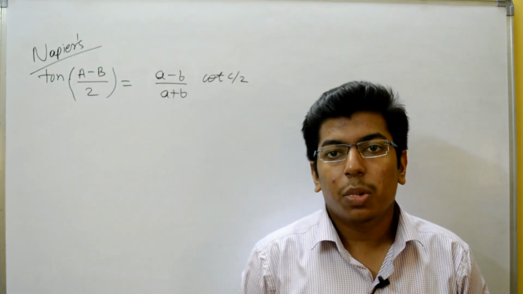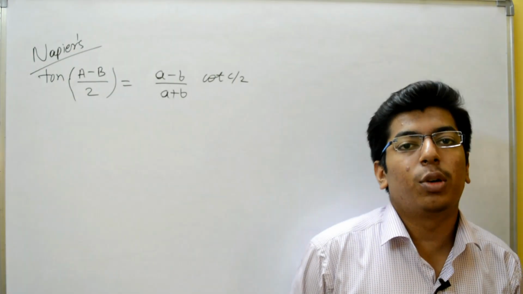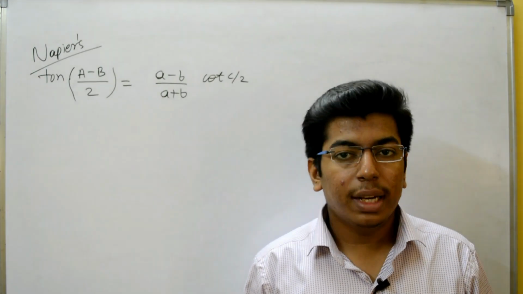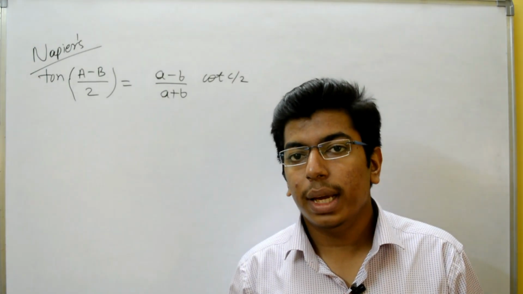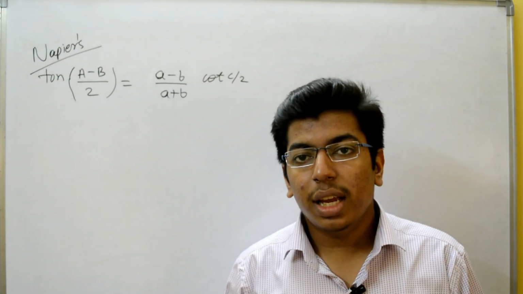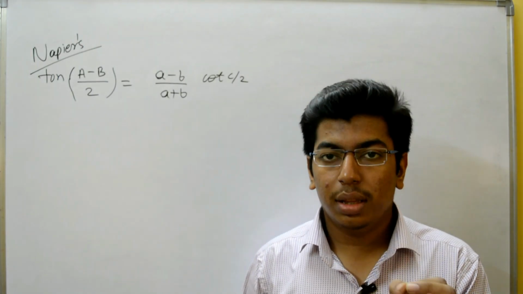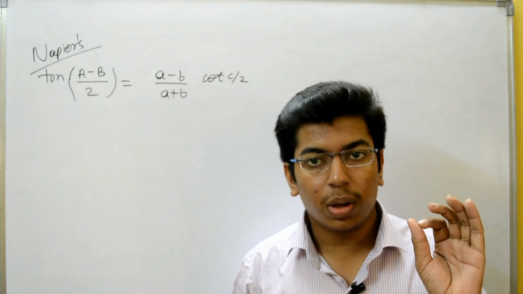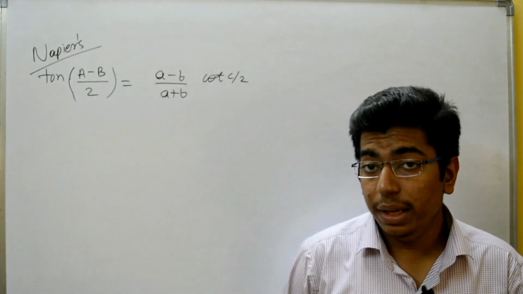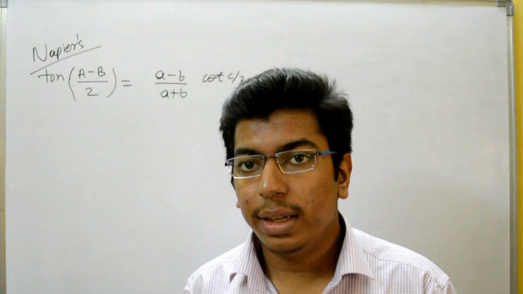So another important theorem is Napier's theorem. It's a very important theorem for the board examination. If you do the analysis of the board examination papers from the last 10 years, each and every question paper must contain this Napier's theorem for at least 4 marks. Okay, so now it's a very important theorem. So the proof for that theorem will be,